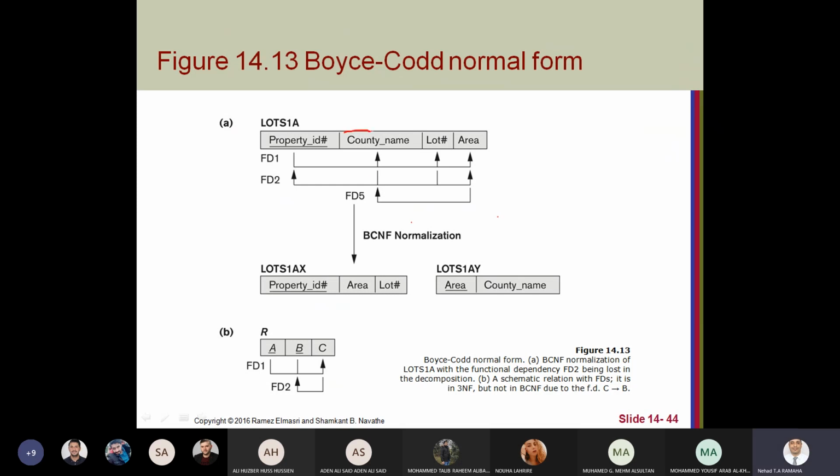Here, consider that country name as candidate key. Here we have primary key, we have candidate key. So this functional dependency 5 is actually not in BCNF. Actually, it's difficult to find a real example on BCNF. That's why you will find most examples like this, ABC or some